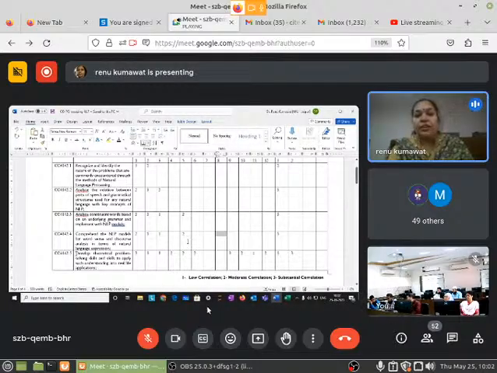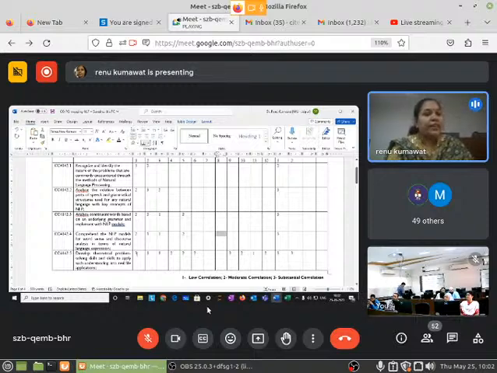PO5, develop the theoretical problem solving skills to apply such understanding into real life applications. So this is a very important CO, which has the maximum mapping. Here the task that we assign to the student is they have to make a project, a group project. So that is why there is high correlation with PO number 1.